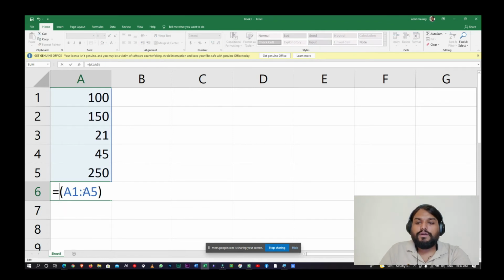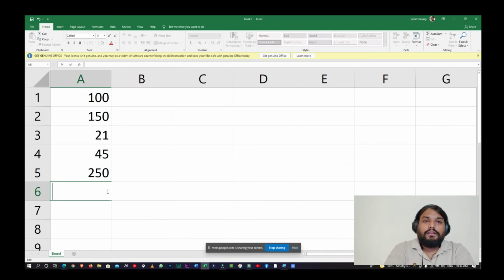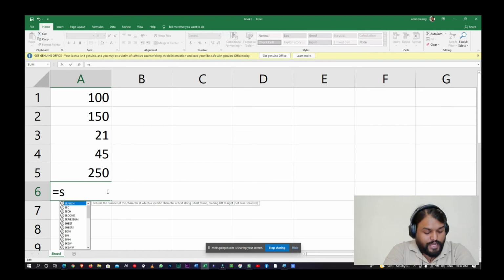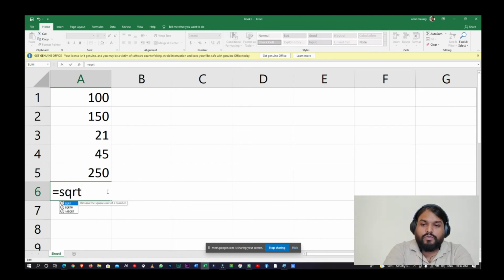Then you have another function, that is square root. You can simply look for the square root of any number inside your data. For example, I want a square root, so I will type the function name sqrt, parenthesis open, I want the square root of 100, so I will give the address, close the parenthesis, and enter.